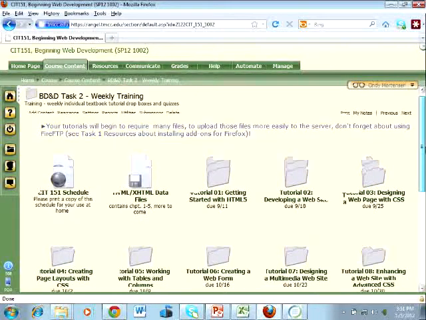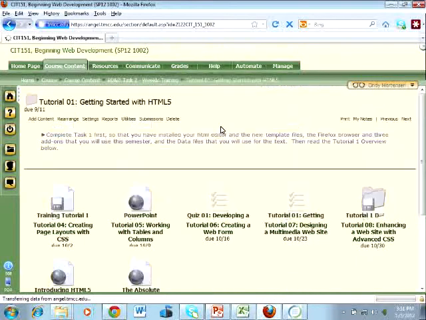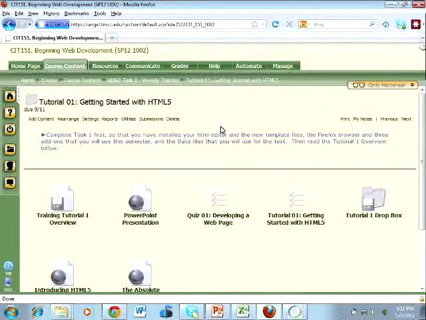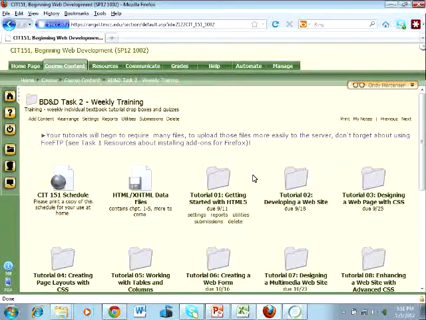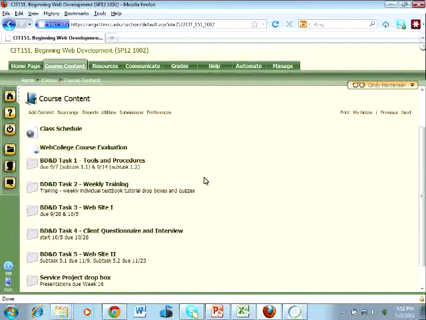In this particular task, each one of these is 1 week, and you can see I've still got last semester's dates on there. Each one of these has the content from that particular chapter of the textbook. So textbook content has all gone in here, and it's all tucked away in what is called their weekly training.